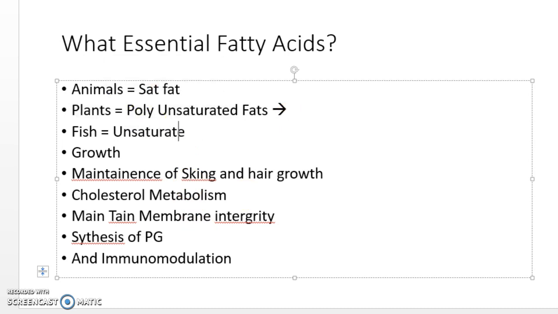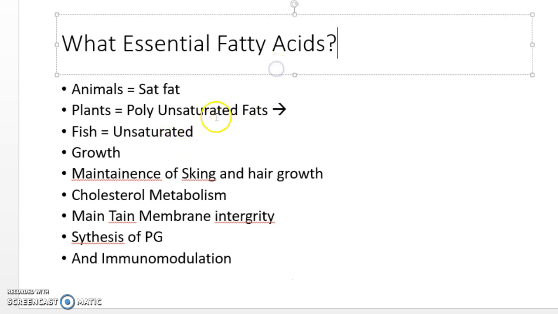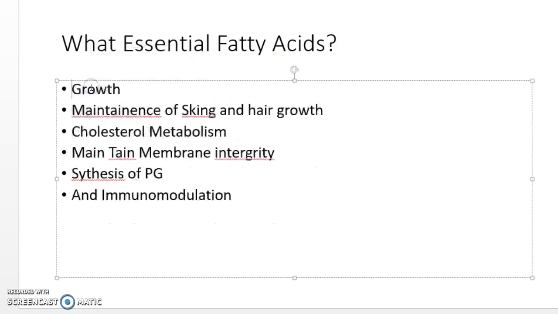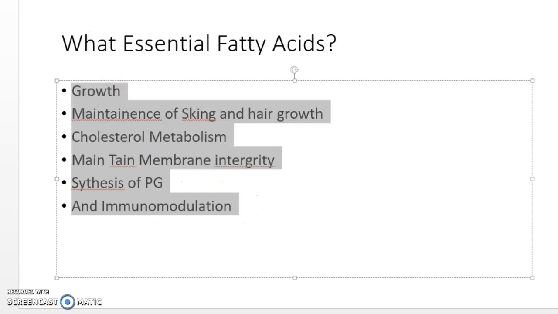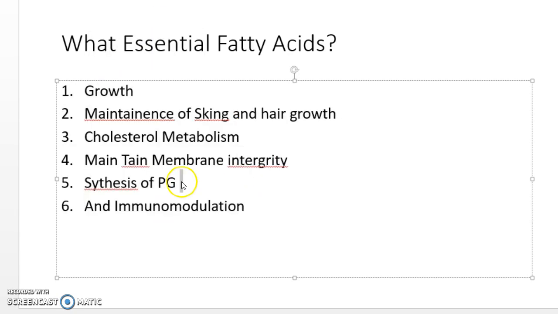Now I want to talk about the functions of these essential fatty acids. First of all, you need to know that this is related to growth. And whenever there's growth, the main thing is the skin. Skin cells reproduce and regenerate quite a bit, in fact. So it's always the brain, the growth, and it maintains the skin. As you know, the skin epidermal cells will grow a lot,